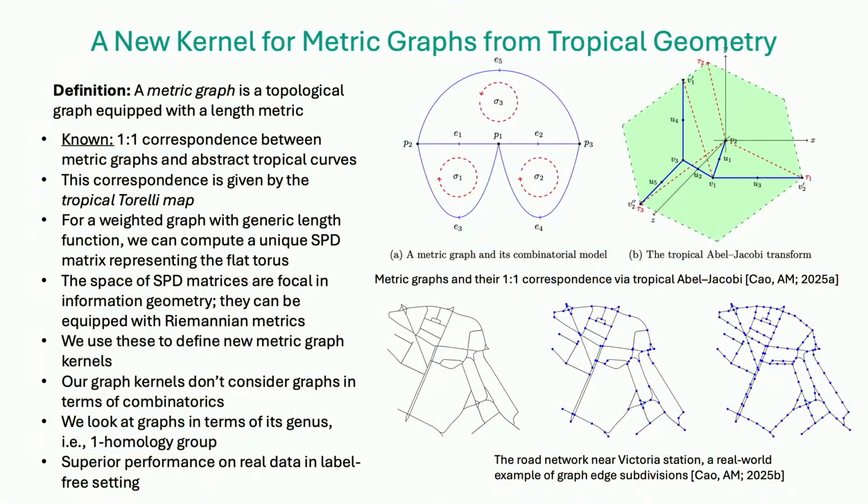Okay, so where else can you use tropical geometry? As we've seen, there is an equivalence between phylogenetic trees and tropical varieties, and between neural networks and tropical rational functions. It turns out also that there's a one-to-one correspondence between metric graphs and tropical curves. In very recent work, which has been the work of over two or three years by my PhD student Yuji, he studied the computational questions around this equivalence.